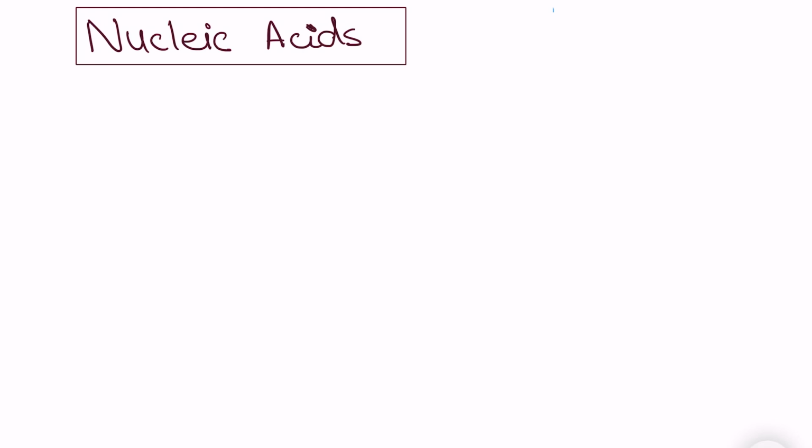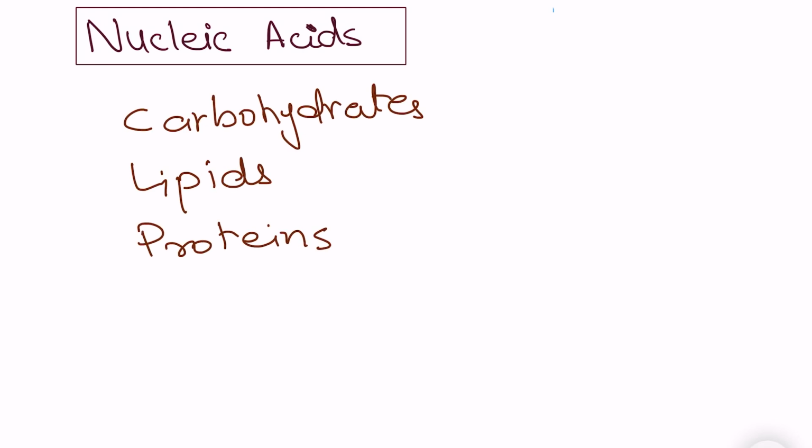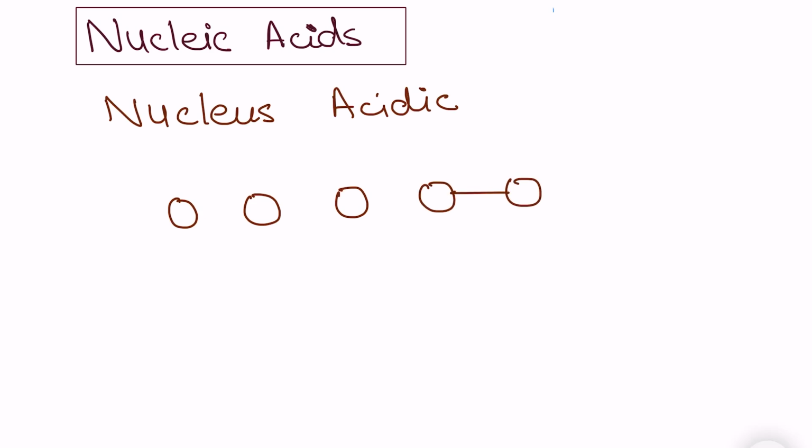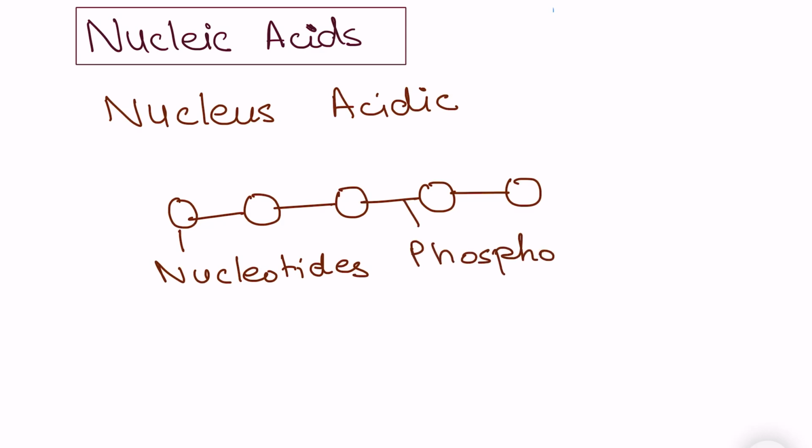The fourth type of macromolecules in our body after carbohydrates, lipids, and proteins are nucleic acids. They are named so because of their location in the nucleus and their acidic nature. They are also polymers, meaning that they are long chains made up of small repeating subunits. In the case of nucleic acids, the small repeating subunits are called nucleotides, which are held together by a phosphodiester